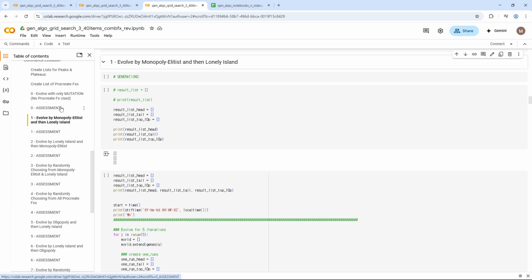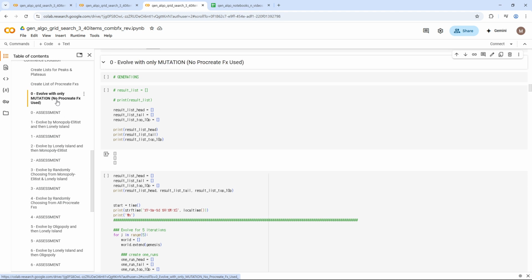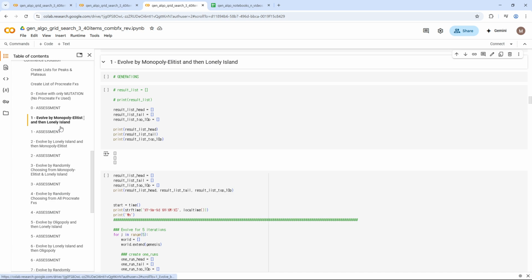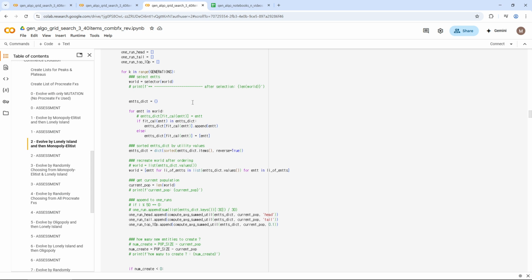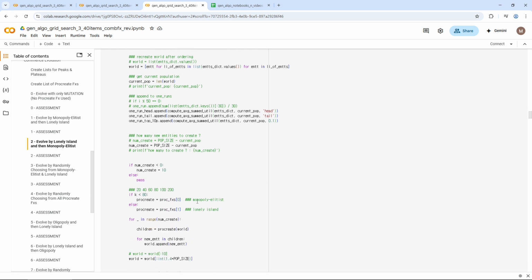Again, may I remind you that step 0 is evolving with only mutation. Step 1 is first by Monopoly Elitist and then Lonely Island. Step 2 is by Lonely Island and then Monopoly Elitist. So we start the evolution by using the Monopoly Elitist first, and then switch it after generation 80. So from generation 81 we start using